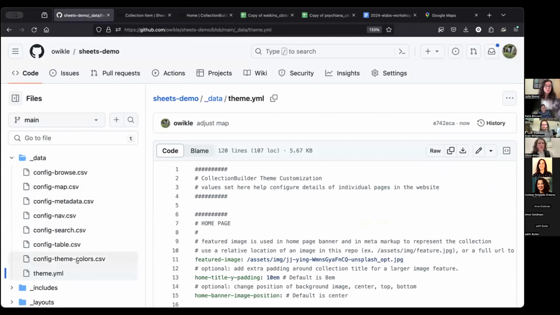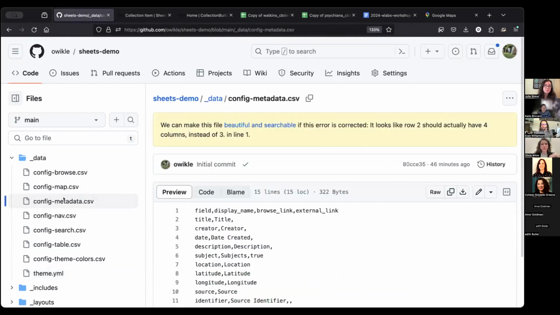So we looked at the YAML, but other than the theme YAML, everything else is actually a CSV. And you're using these CSVs to edit different portions of your site. Again, we have really good documentation on each of these files and how to edit each of them, so definitely check that out. But the one I'm most interested in right now is our config metadata CSV. So if I click on that one,